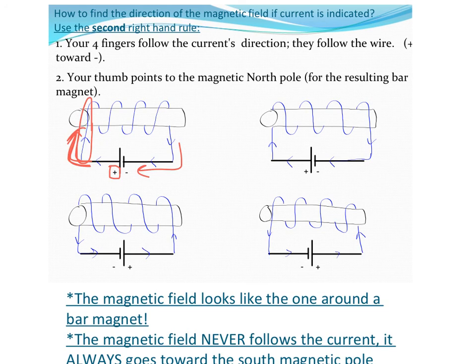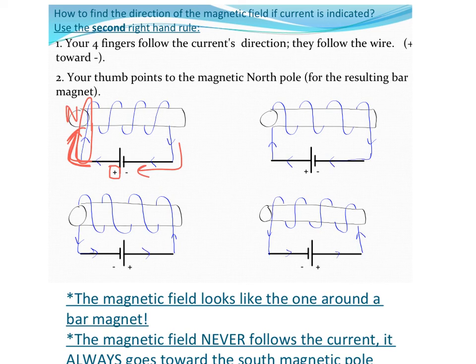So your fingers start by going up, and then you wrap them around the hollow tube in the center. So your fingers loop around just like the blue wire is doing. And once you've wrapped your fingers around, you point with your thumb. If you did this properly, your thumb should be pointing left, meaning that the left side of that magnetic field